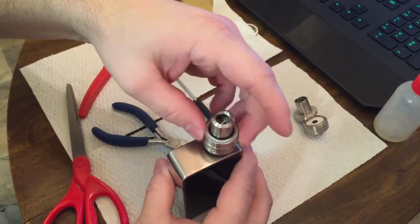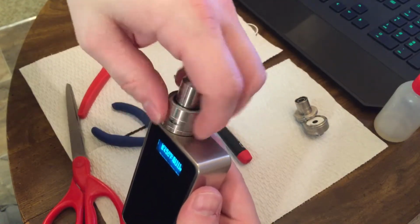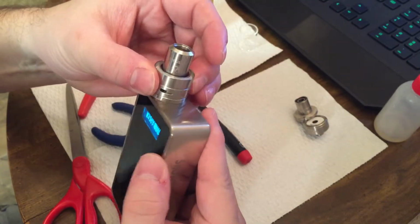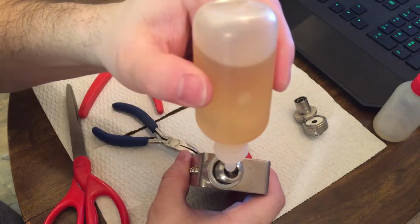Put the base on here, and then we'll make sure we're in temperature control mode. I've already got it set for 430 degrees Fahrenheit. I could set it a bit higher than that, but I just want to make sure that nothing is getting toasty in there. And what I'm going to do now that I've got this in here,